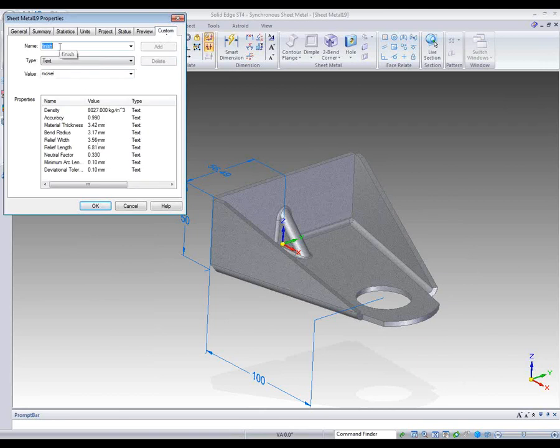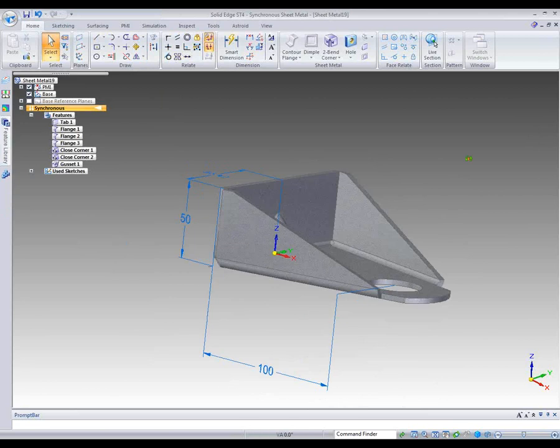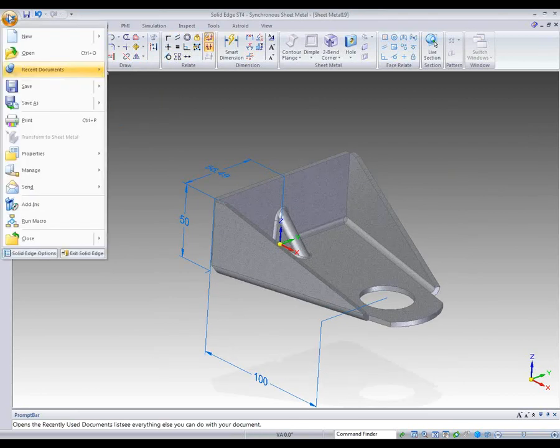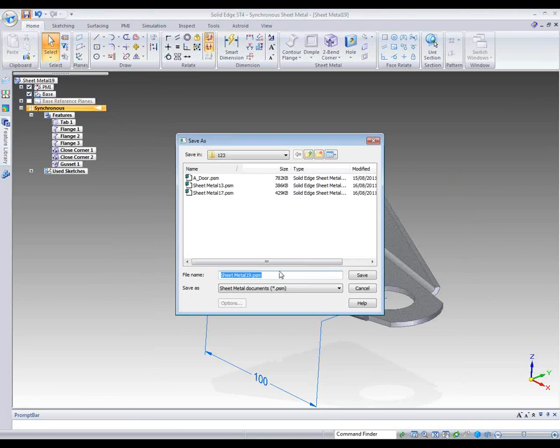I might say I want one called cost. And we'll make that $2.99. There we go. We can add that in. All of that information I place in can be extracted later into bills of materials, etc. Okay, let's save that as, just give it a part name,